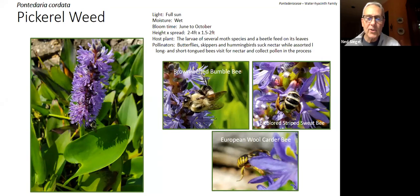So Landon mentioned earlier the unfortunate circumstance that a lot of these wonderful plants are considered weeds. So butterfly weed or milkweed or pickerel weed or ironweed. I don't consider them weeds. This is a beautiful Pontederia cordata, pickerel weed. It's actually considered an emergent aquatic plant. That means that its roots like to be in the mud, in the muck, and if it's growing on a pond edge or whatever in a wetland, then the foliage comes up above the water